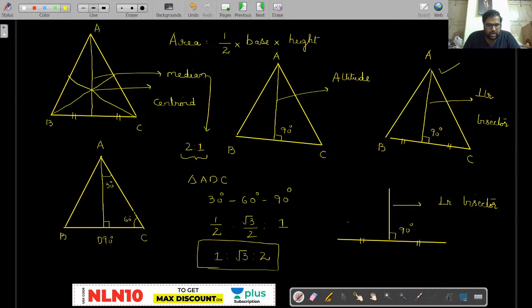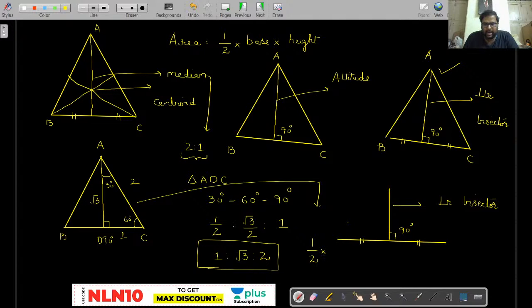Now observe here, opposite to 60 degrees will be root 3, right? Now this will be 2 and this will be 1. Now let us find out the area of an equilateral triangle. Area of equilateral triangle, shall I write here? I am placing the arrow mark here. Half into,